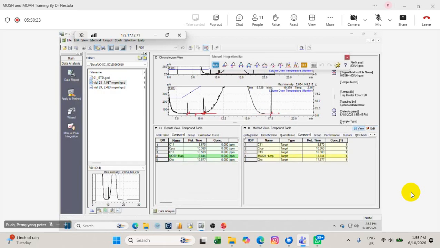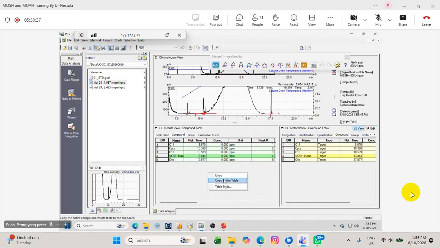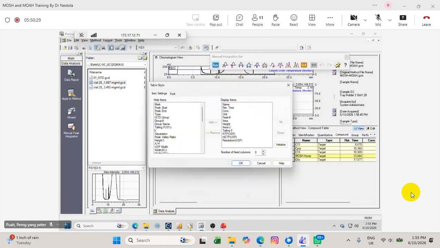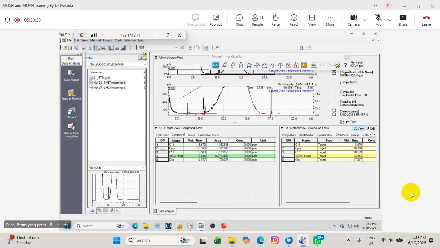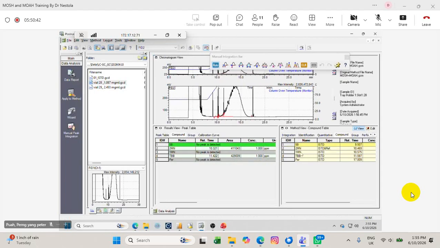The question is, so this is our results. Yes, random area. Okay, correct. So this is MOSH. So this is MOAH. What the hell? Yeah. Element